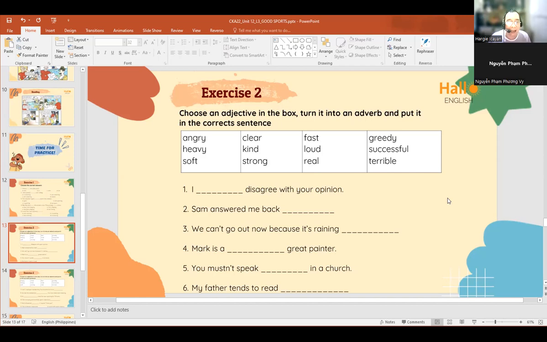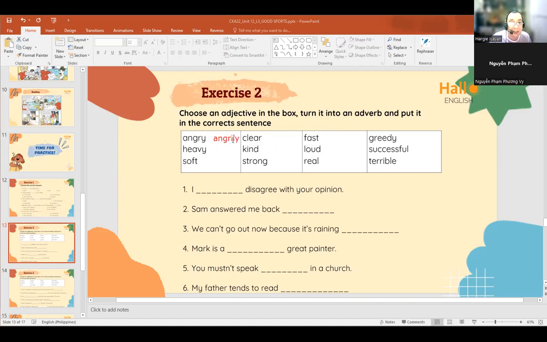Like, for example, the word angry. The word angry ends in Y. So if we are going to do its adverb, we can say angrily,